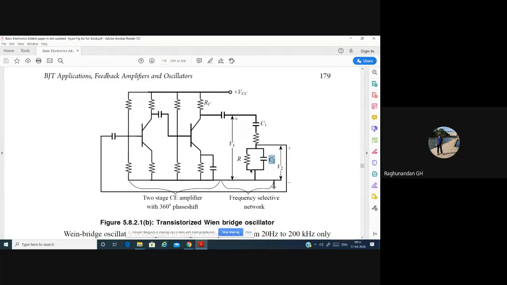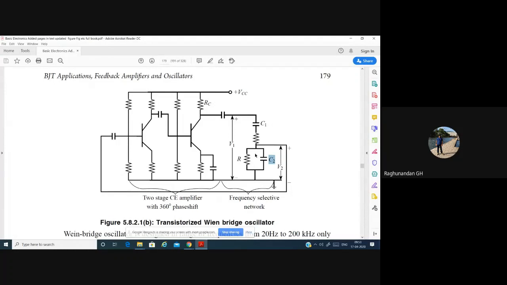Come back to this second part of the circuit. Here, if the voltage across this one is asked, then again we have to take the difference between this point and the other point. This point is V2. The other point is ground, so the voltage will be 0. V2 minus 0 is V2.